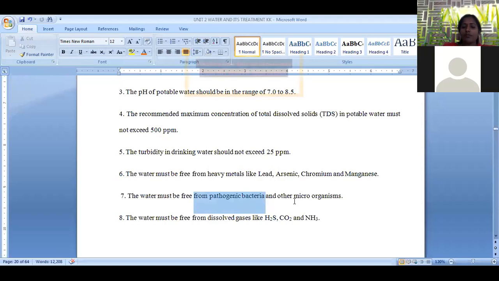And the most important is pathogenic organisms like bacteria, viruses, fungi, algae, and protozoans. Such microorganisms are mostly transmitted into the human population through water as a medium. Hence, these pathogenic organisms should not be present in the water. When these are present, many waterborne diseases are possible. That's why water should be free from all kinds of disease-causing organisms. It is a very important step. The removal of these disease-causing organisms is called disinfection or sterilization of water.